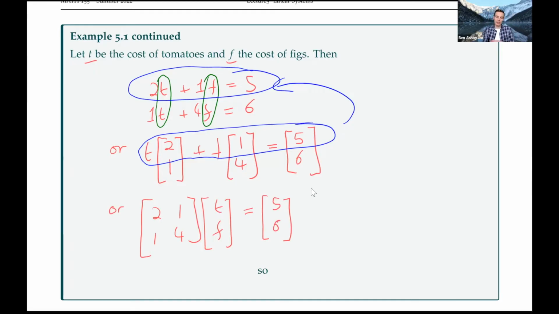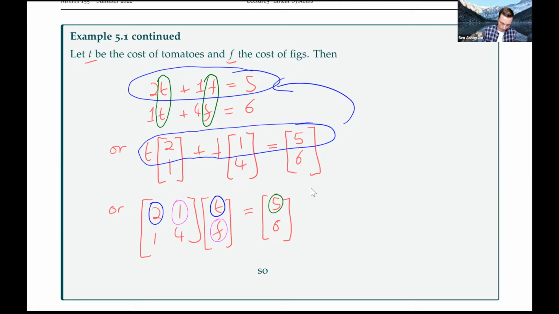So if you go back and look at the rules for matrix multiplication that I discussed last time, all this is saying here is we go, remember, across the rows and down the columns. So we do 2 times T and add that to 1 times F, and that gives us 5. Likewise, we'll do 1 times T plus 4 times F, it's going to equal 6. So this is just another way of writing down exactly the same information we've already had, but this time as